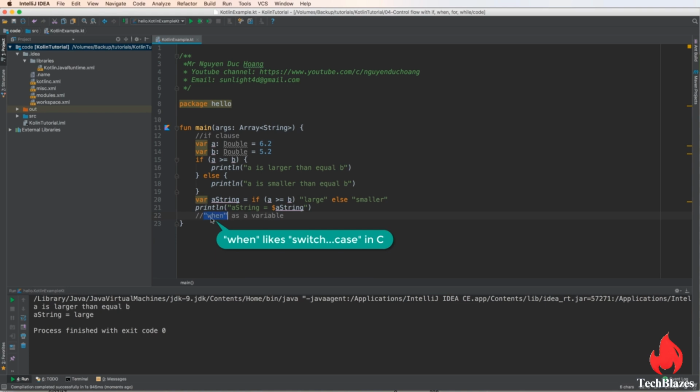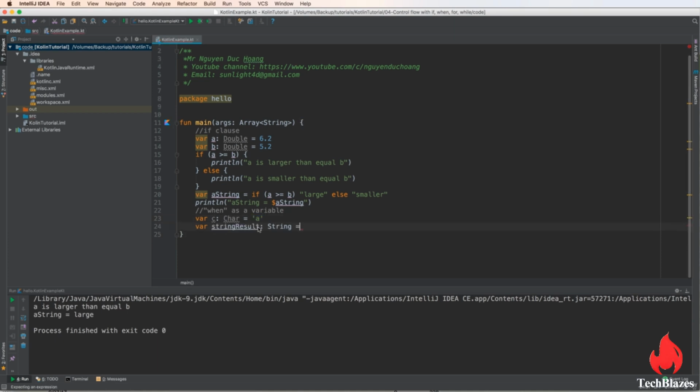We have a switch equal to 1, then blah blah, and the default value is blah blah. Okay, but when is stronger than switch. Okay, so we have a character C equal to A, and